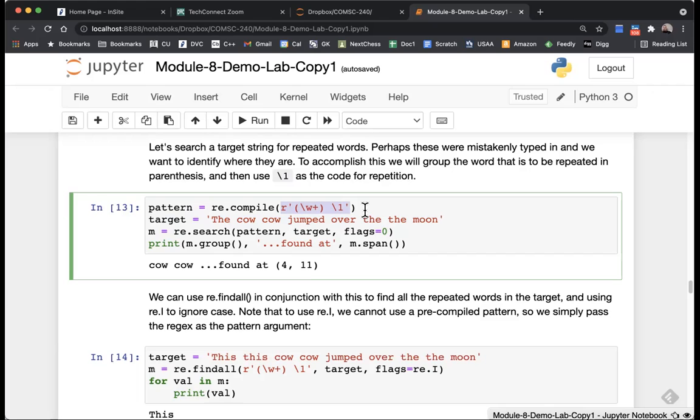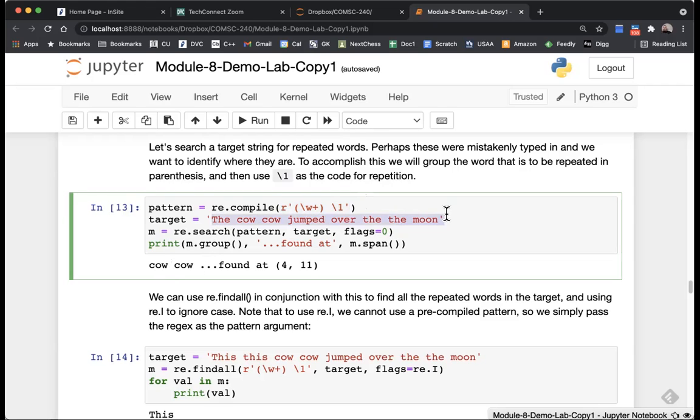So that's saying any of those alphanumeric characters can be repeated one or more times, but then provided there's a space, and then the \1 says, and if it's all repeated again, whatever token was just there, if that gets repeated again. So anything before this, if it gets repeated. So we see here that our pattern is going to be